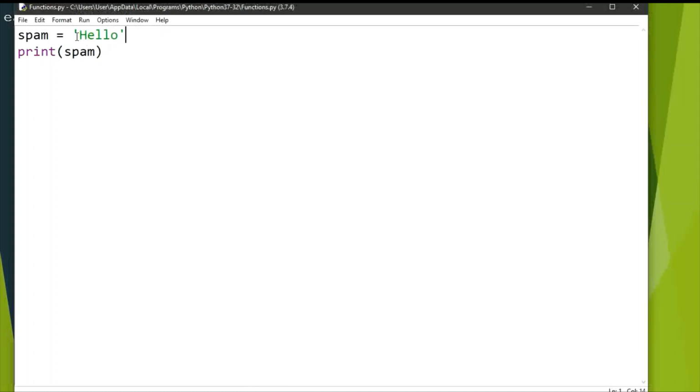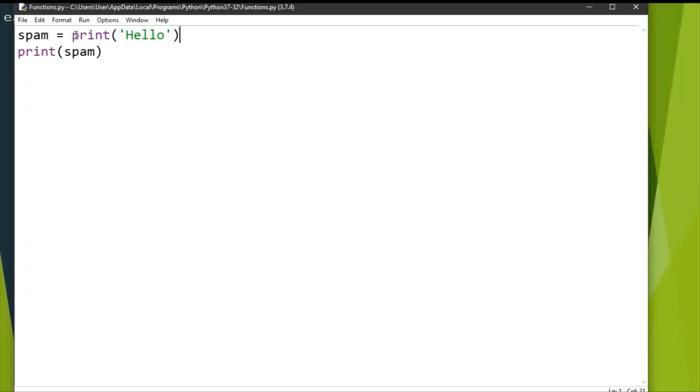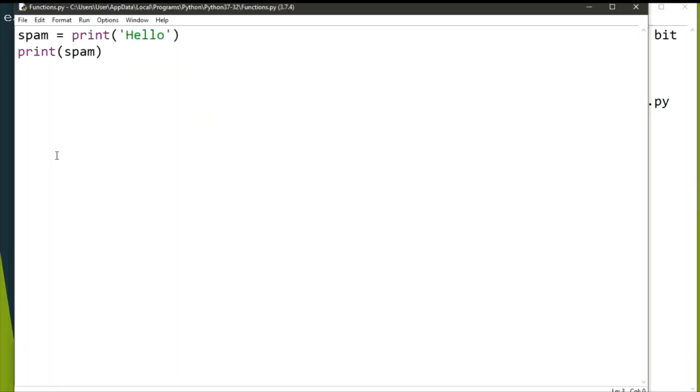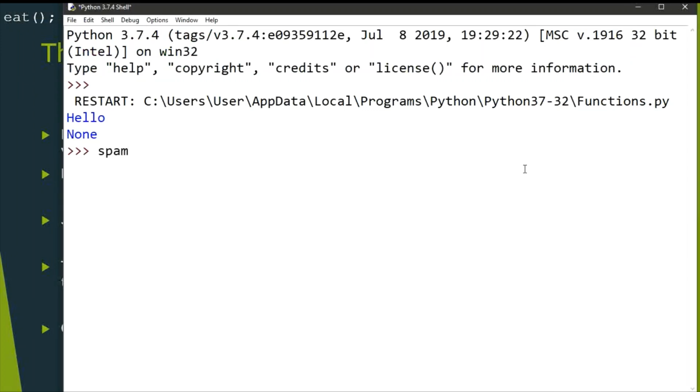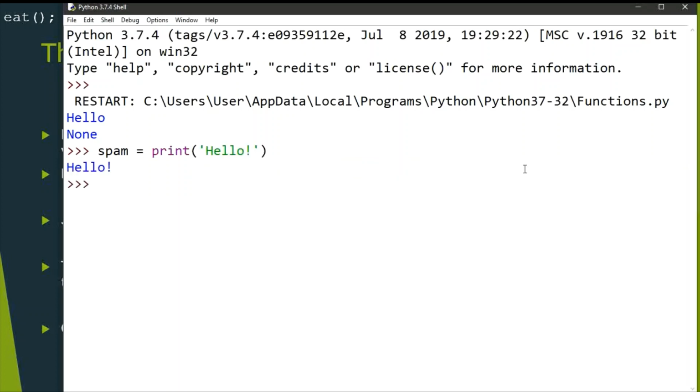But what if I call spam, but spam is just printing hello? Let me do it again in the interactive shell: if spam is equal to print hello, and I ask whether None equals spam,